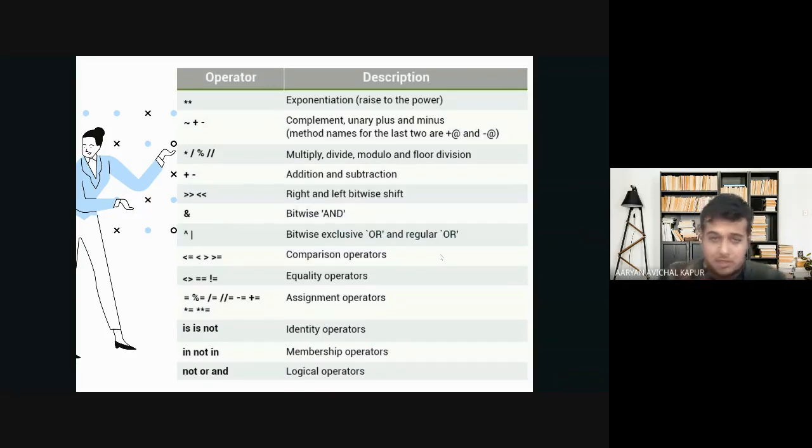Correct. So we can just look at the exponential, the raised to the power has the highest priority, and not or and logical operators. The logical operators that we use to combine these conditions have the lowest priority, right? So this simply means that first the individual conditions work. So if I say A is greater than 10 and B is greater than 10, then first A is greater than 10 is checked, then B is greater than 10 is checked, then AND is checked, right? So first the parts are checked. Even in the parts, the operators are checked based on the precedence that we have, and then we combine.